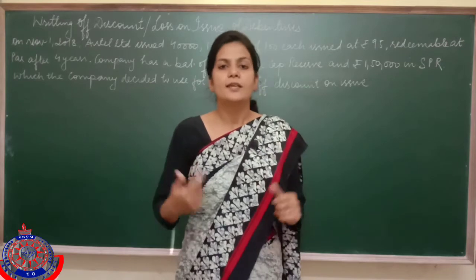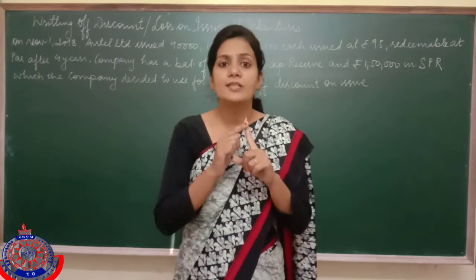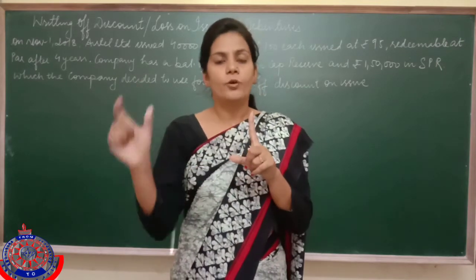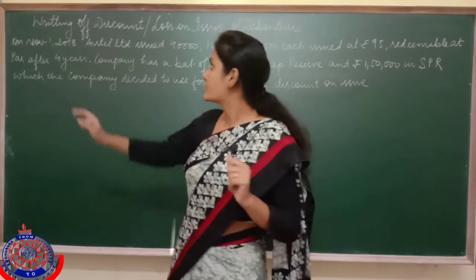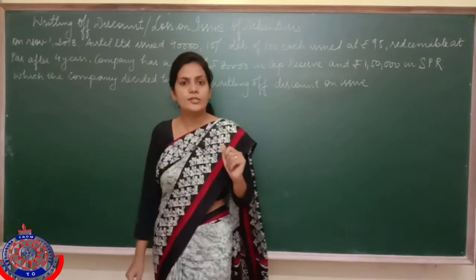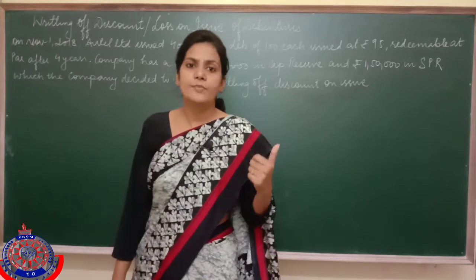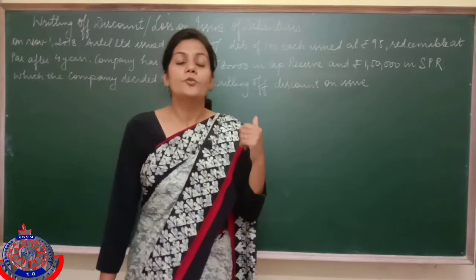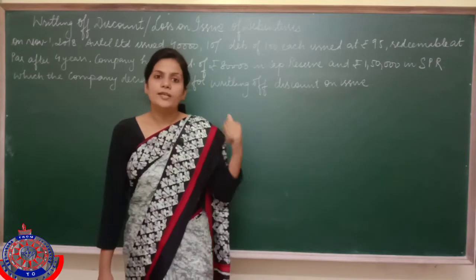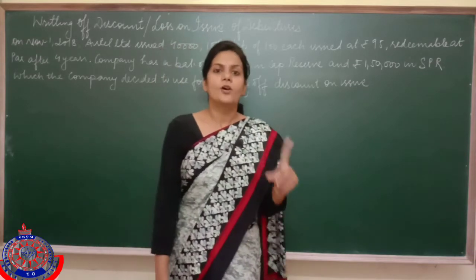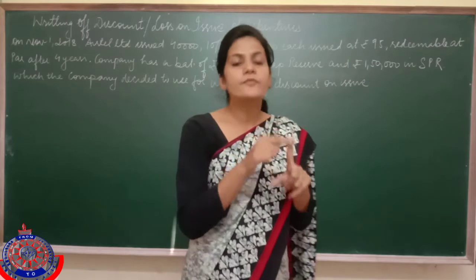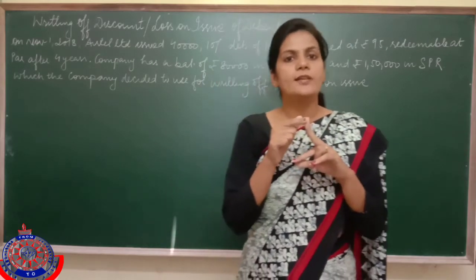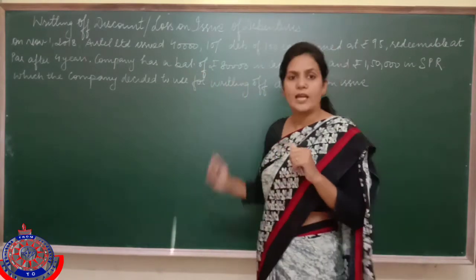in the present. It means when debentures are going to be redeemed at premium, then whatever extra money we pay, that is known as loss on issue of debentures, and discount on issue of debentures means when debentures are issued at less than the face value. Now you know very well that we can write off both from our securities premium reserve and from statement of profit and loss account, because they both are capital losses.